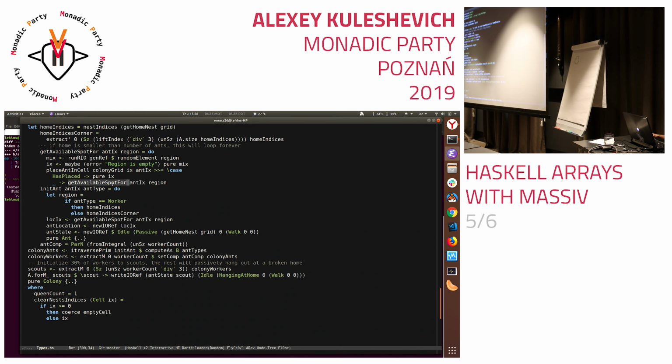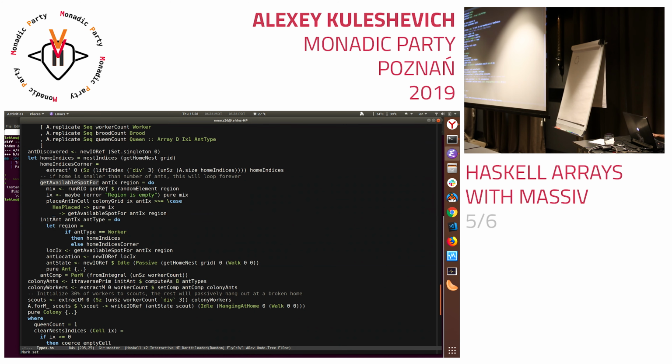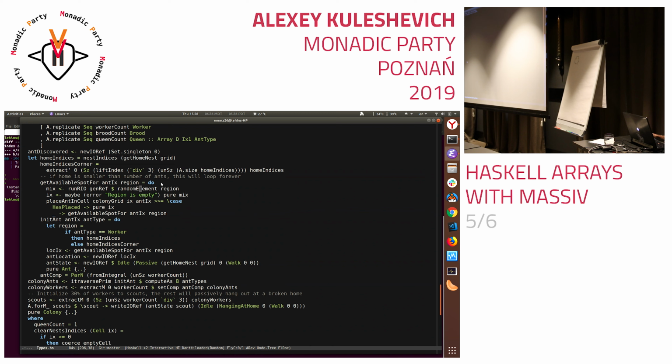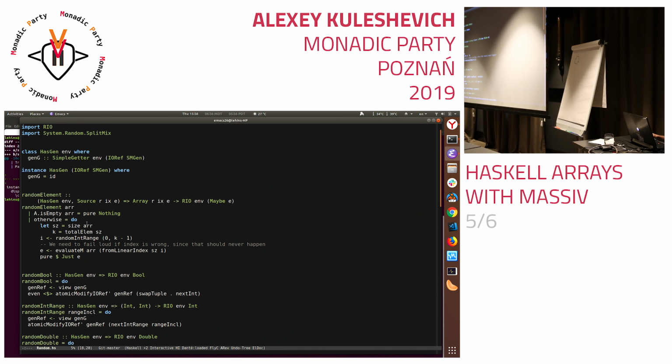Get available spot for this is just right here. What it's going to do is call random element. What do we need? We have an array of indices, and we want to choose one at random where we want to place an ant. And this is this random function. If array is empty, return nothing, which should never happen. We don't want to call that, but